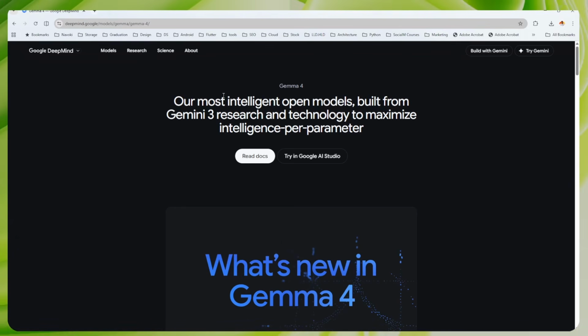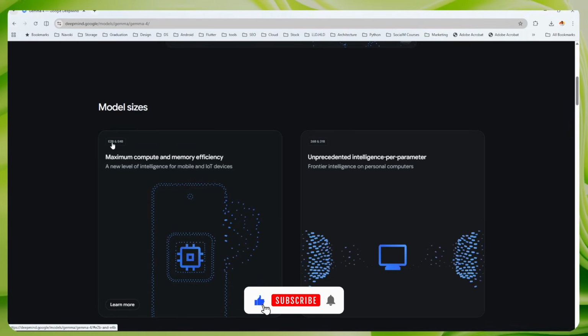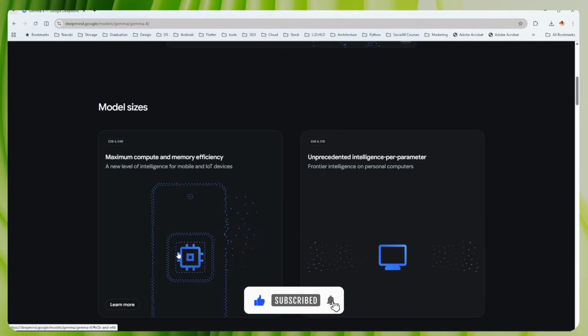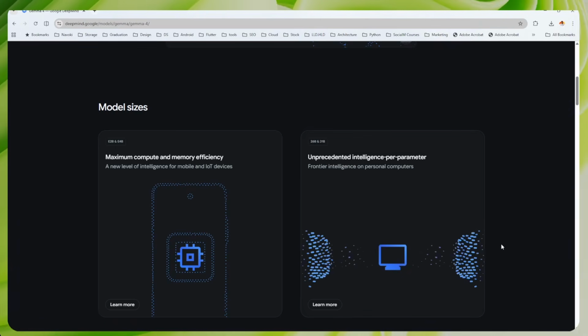So Google did it again and launched the Gemma 4 open model. It is their most intelligent open model right now, and it is built over Gemini 3 for research, coding, and image analysis purposes. And because it is an open model, you can download it from Ollama and Hugging Face, and run it on your own PC and server. Gemma models come in two sizes, 2 billion and 4 billion, which run on mobile devices and IoT devices. And the second one is the 26 and 31 billion models for the agentic process.